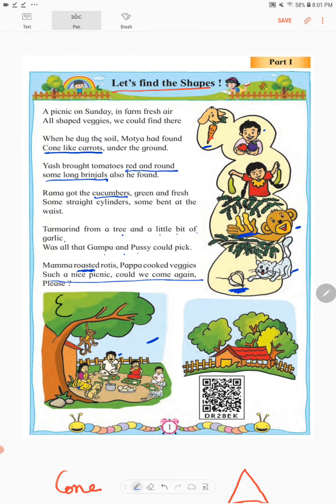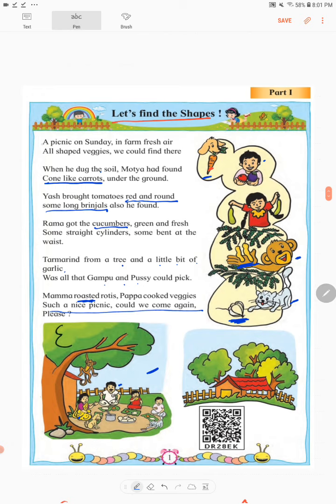Now, let's read the poem once again. A picnic on Sunday in farm fresh air. All shaped veggies we could find there. When he dug the soil, Motya found cone-like carrots under the ground. Yash brought tomatoes, red and round. Some long brinjals also he found.